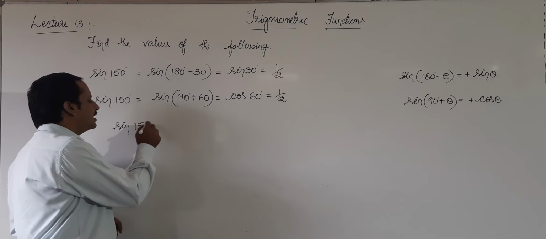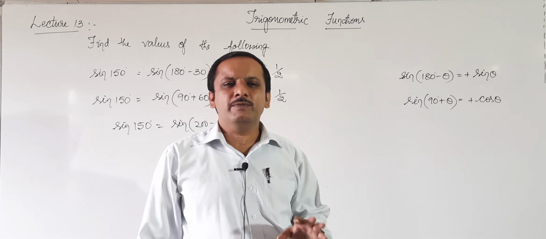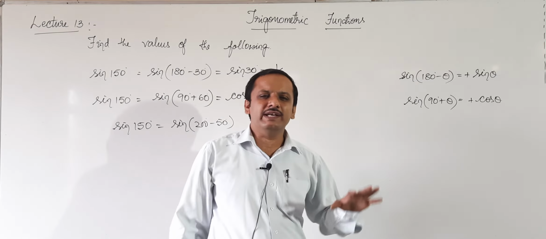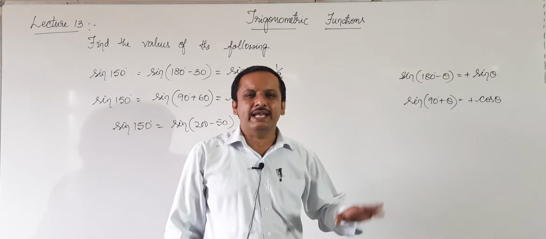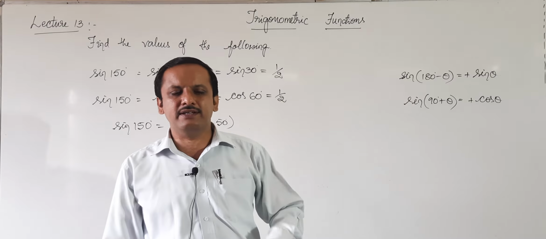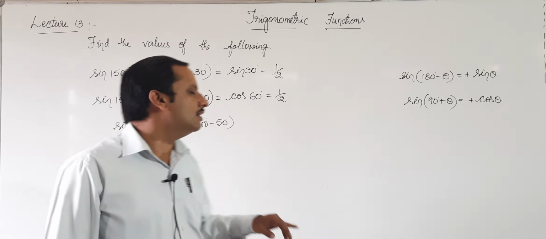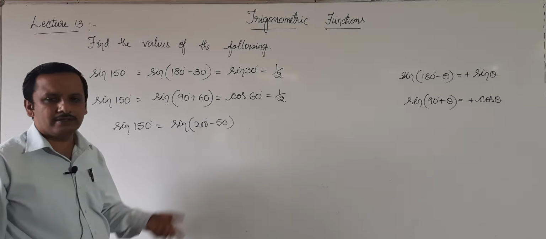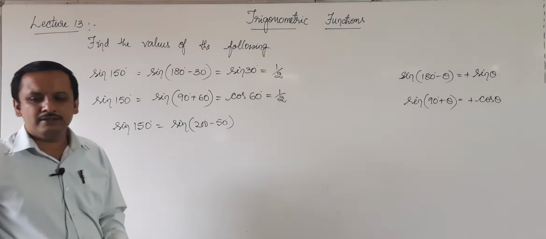So therefore, it is not advisable to do this. You have to use any of the quadrant angles. Quadrant angles means any multiple of pi by 2. Pi by 2 means 90 degree. Any multiple of pi by 2 is called a quadrant angle. In other words, any multiple of 90 degree is called a quadrant angle: 90, 180, 270, 360, etc. If you are using any one of those, then you can have all those formulas, but not when you are using anything else. Okay. Next question.